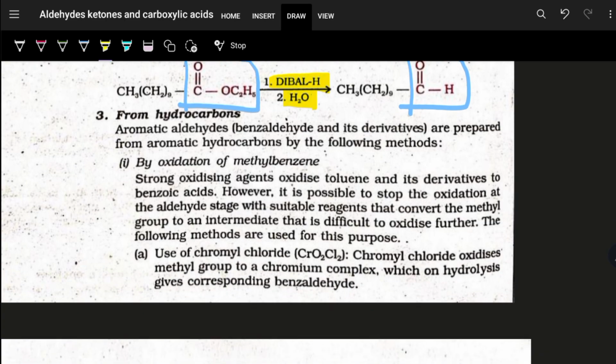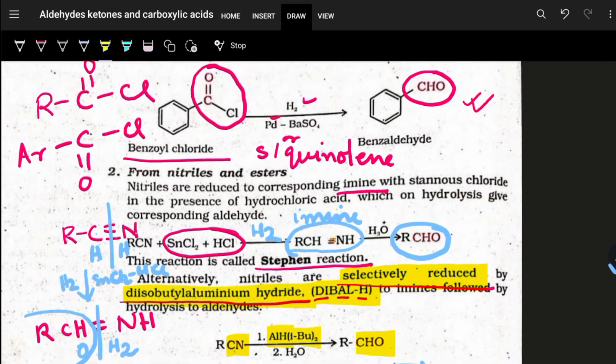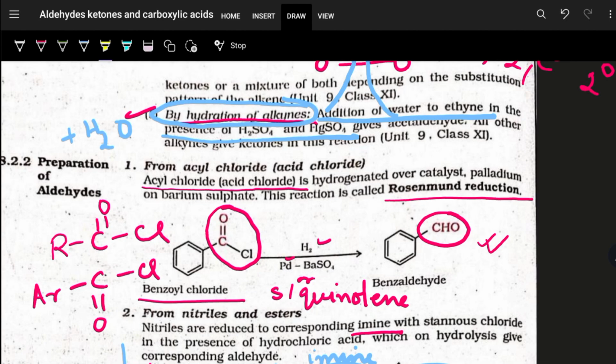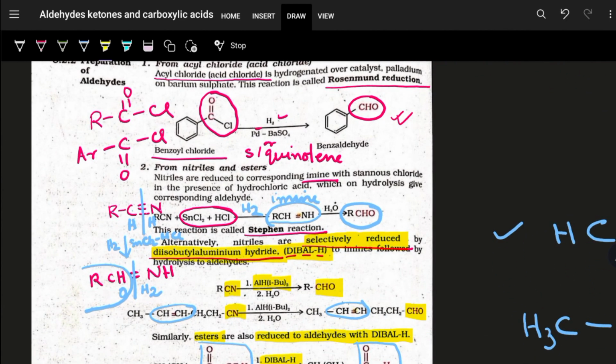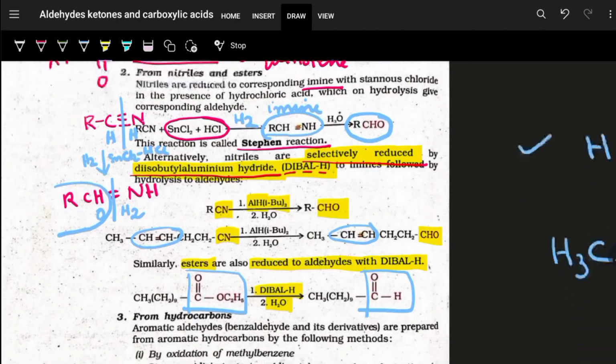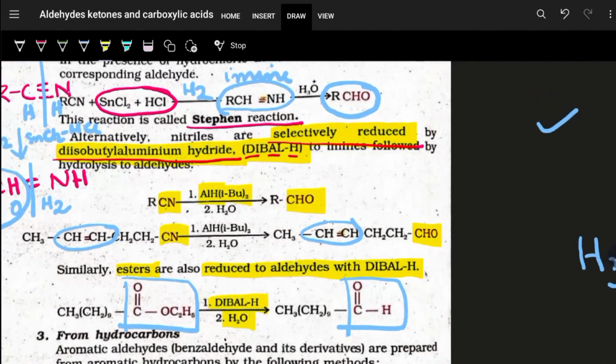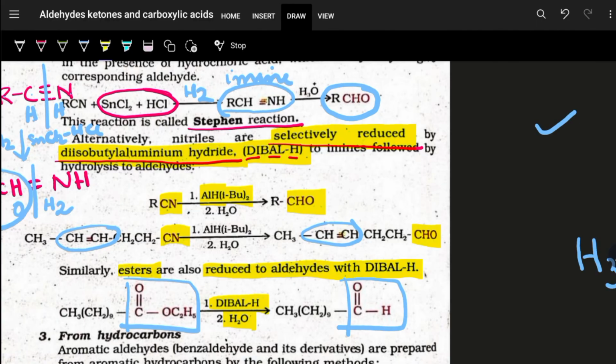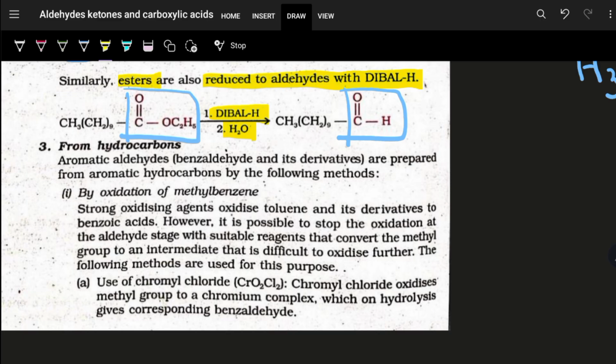Next, from hydrocarbon. So this part was preparation of aldehyde. First name reaction Rosenmund, second name reaction Stephen, and then selective reduction using diisobutyl aluminium hydride followed by hydrolysis. Okay, now from hydrocarbons,